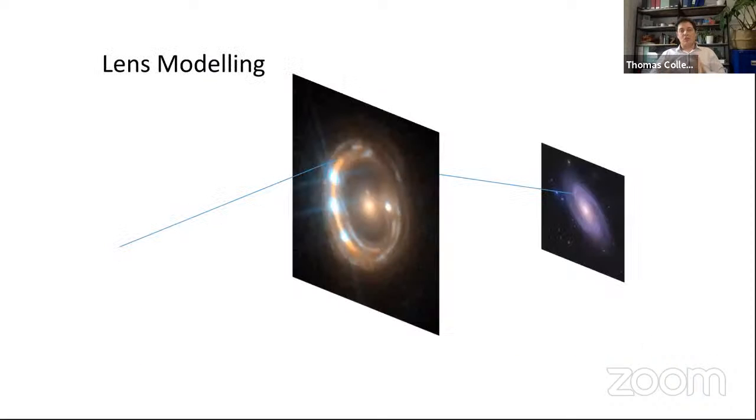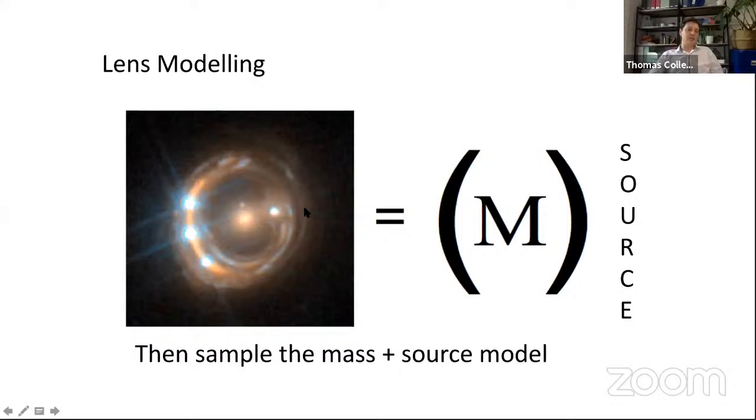So the way we do that is through a process called lens modeling. It's a ray tracing, or inverse ray tracing, approach. Basically you guess a mass model, and then you shoot rays at your image plane, use that mass model that you've guessed to trace them back onto the source plane, and you do that for every pixel in your image, and that lets you build a giant matrix that relates what you see to the parameters of your unknown source. You can invert that matrix,